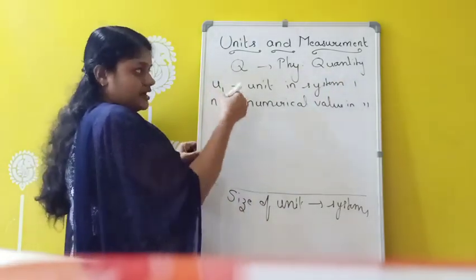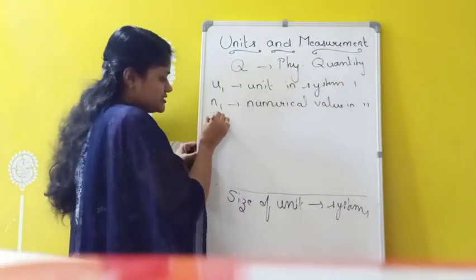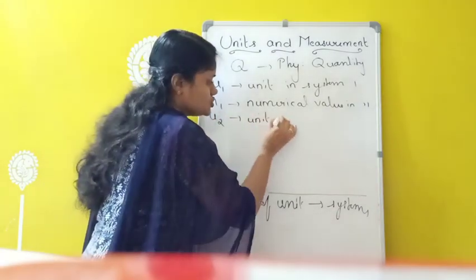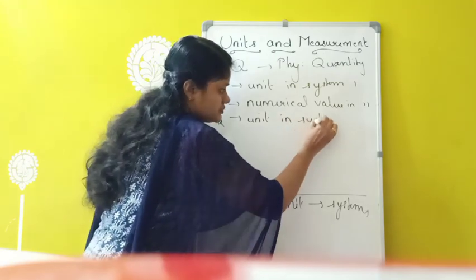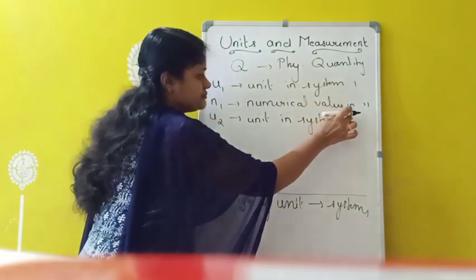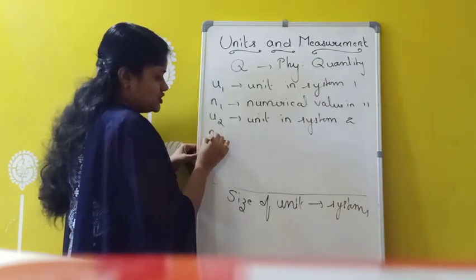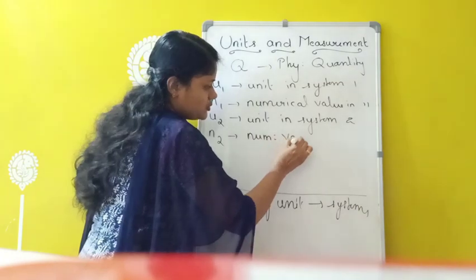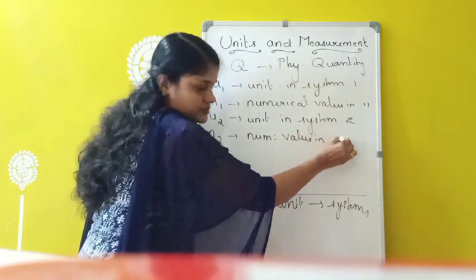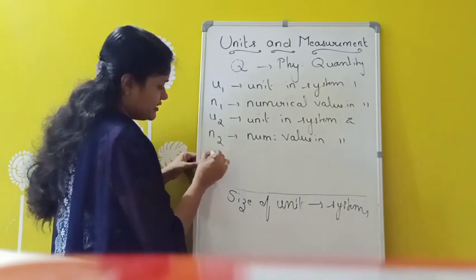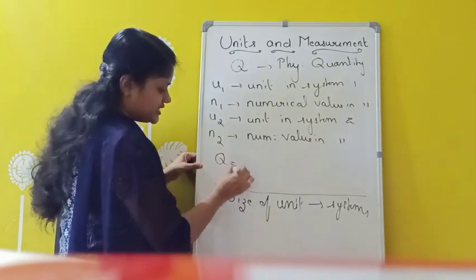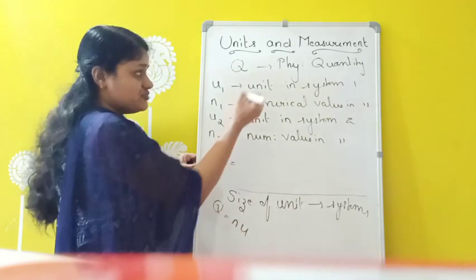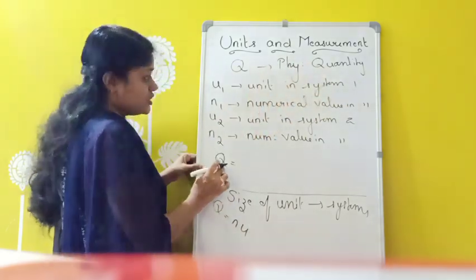Similarly, I am taking another system, system 2. In system 2, let U2 be the unit, and N2 the numerical value in system 2. Then we can write Q equals N into U, as we already studied. So in system 1, I am writing Q equals